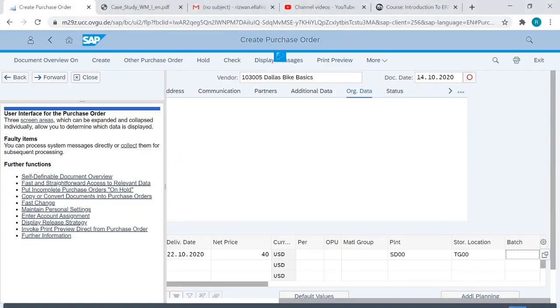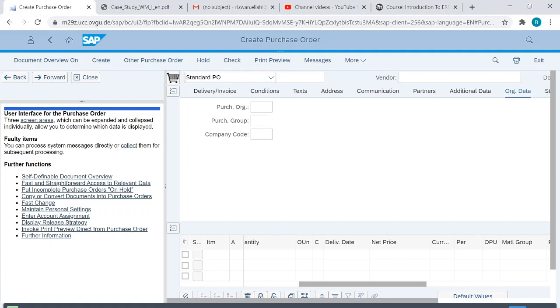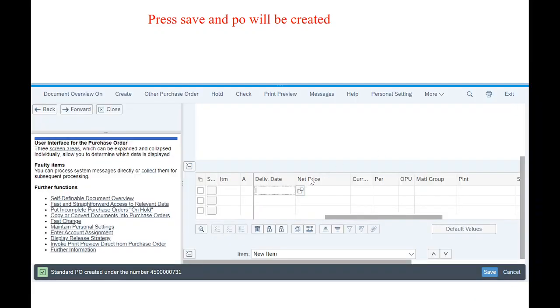So I'll just click over here and you see that it's loading. Here at the bottom you'll see the standard PO created under the number 4500000795. So this is how you will create a purchase order, and then you will press save.